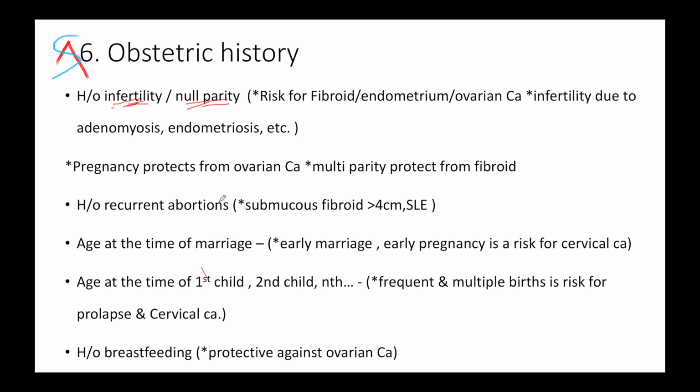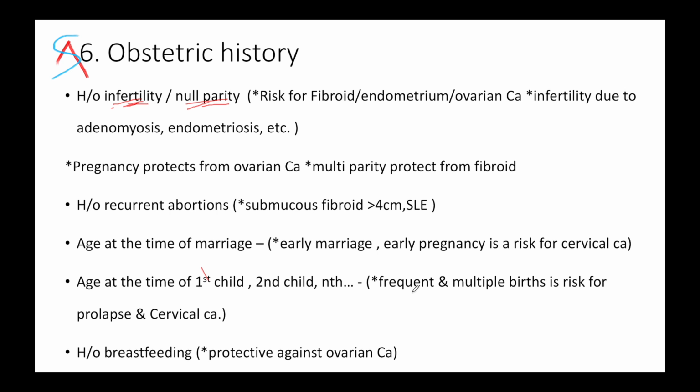Or any autoimmune diseases. Systemic lupus is a type of connective tissue disorder which can result in prolapse. Then you have to ask what was her age at the time of marriage, because early marriage and early pregnancy is a risk factor for cervical carcinoma. Then you have to ask what was her age at the time of first child, second child, because if